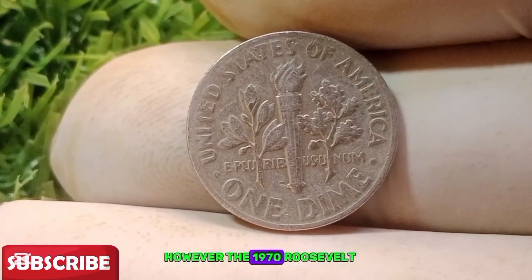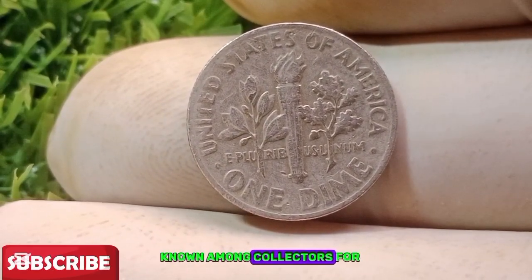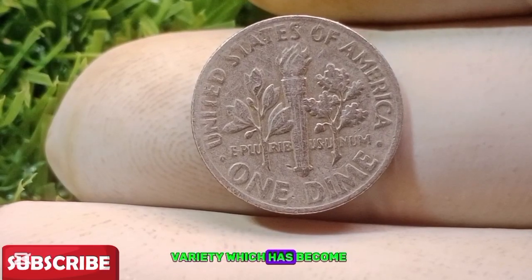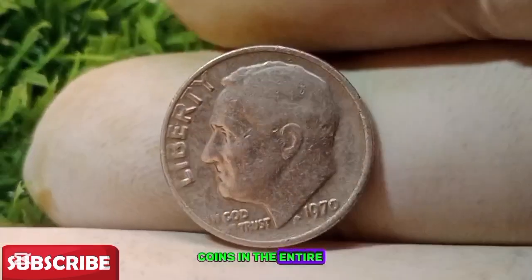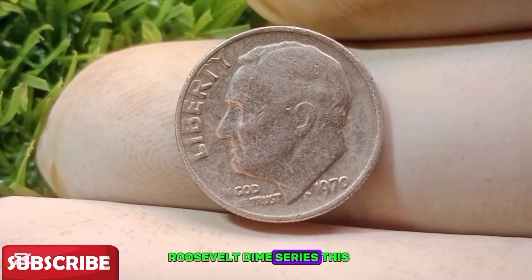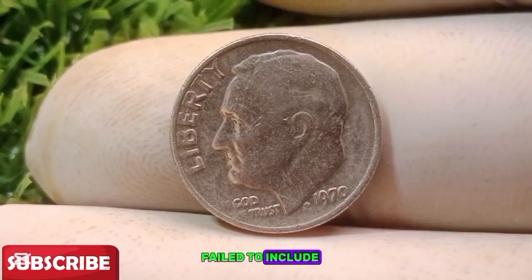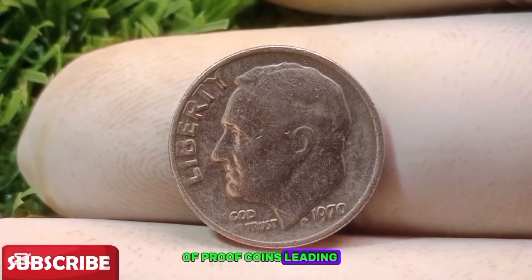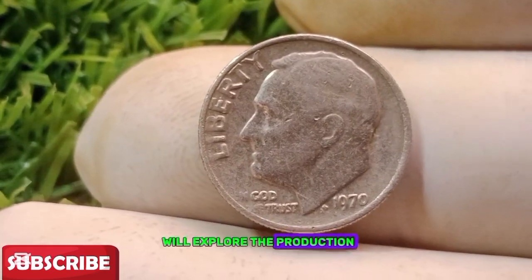However, the 1970 Roosevelt dime is perhaps best known among collectors for the 1970 no S proof variety, which has become one of the most valuable and sought-after coins in the entire Roosevelt dime series. This variety was produced when the San Francisco Mint failed to include the S mint mark on a limited number of proof coins, leading to a rare error. In this video, we will explore the production process at